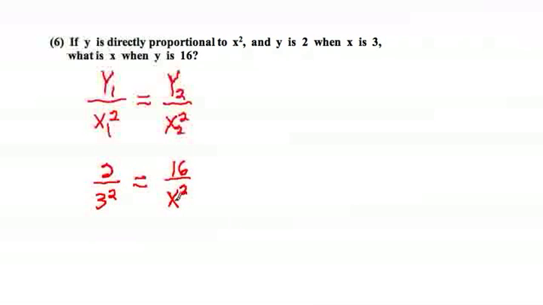So by cross multiplication, 2x squared is equal to 9 times 16. And we divide by 2, x squared is equal to